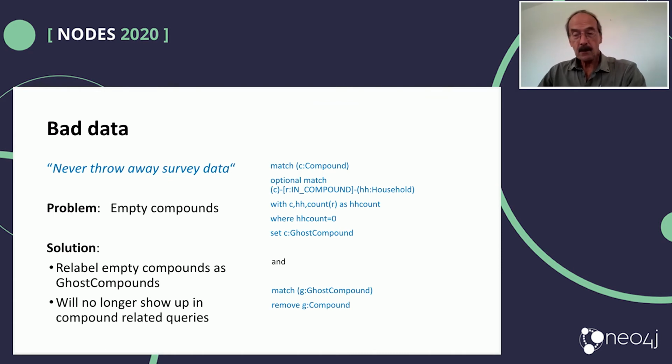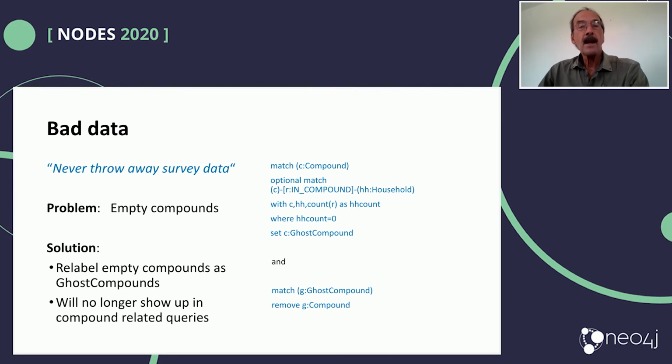Now, while we do this, we come across some bad data in our raw data files. And as a survey consultant, I have a principle to never throw away any survey data. For example, we have found some empty compounds without any households. This is something that cannot exist because a compound is just a collection of households. But they are there, they have GPS coordinates recorded. I don't want to throw these data away, but I don't want to consider them when I query compounds, because compounds without households